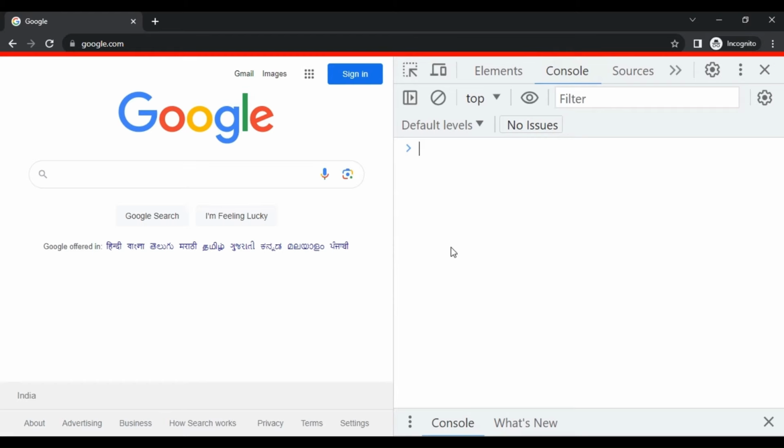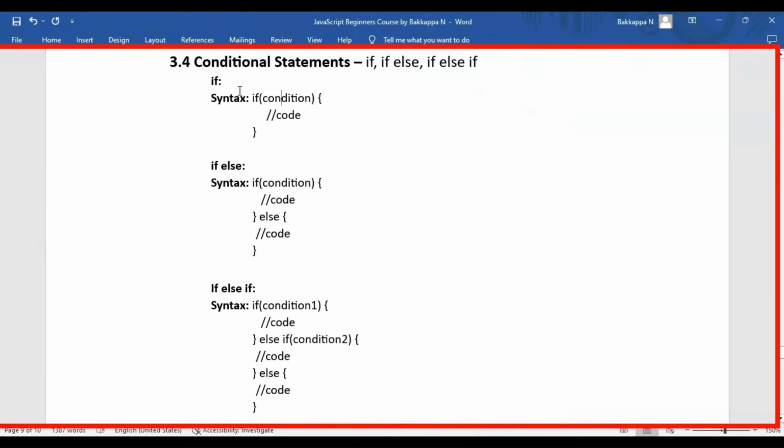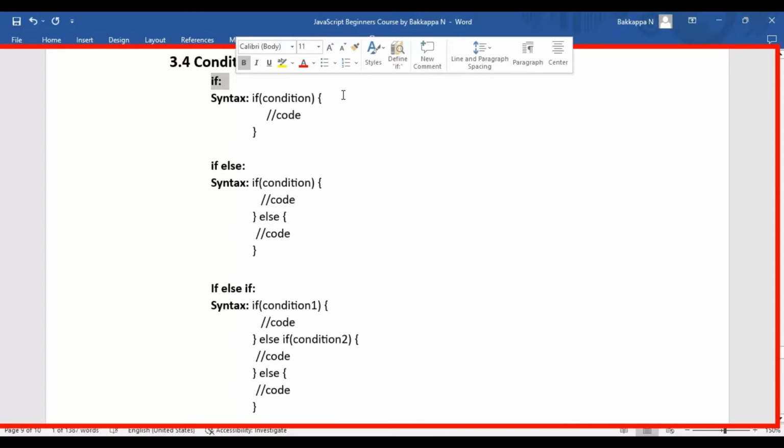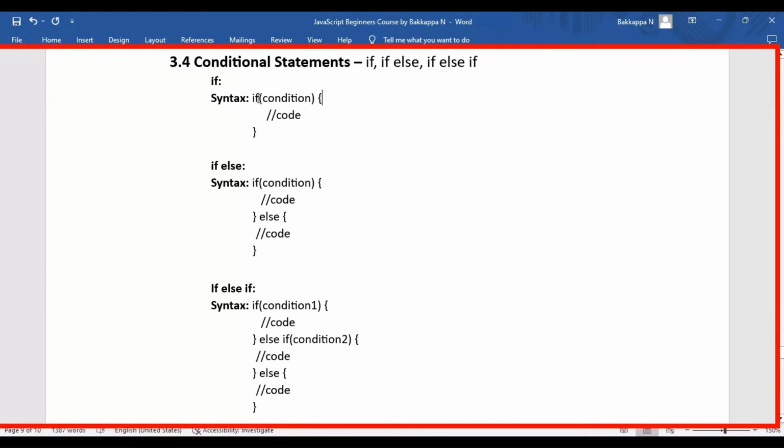In this JavaScript tutorial we are going to see conditional statements, that is if condition, if else, if keywords. So let's look at the if statement, how you can write the if conditions in JavaScript. Basically you need to start with the if keyword, followed by that inside the brackets you need to write the condition. If this particular condition returns true as a value, that's the outcome, so this particular code